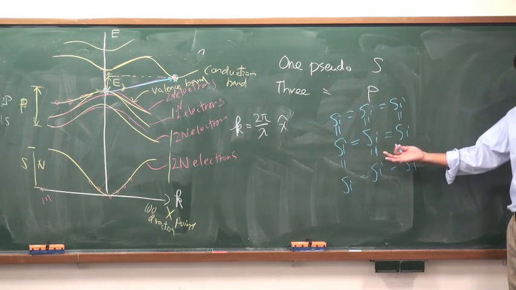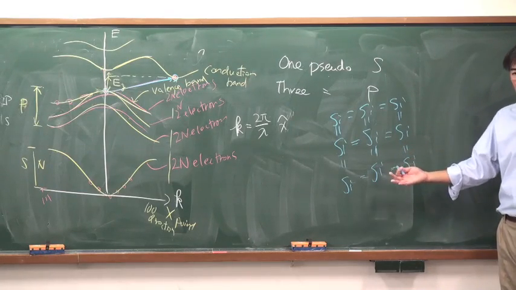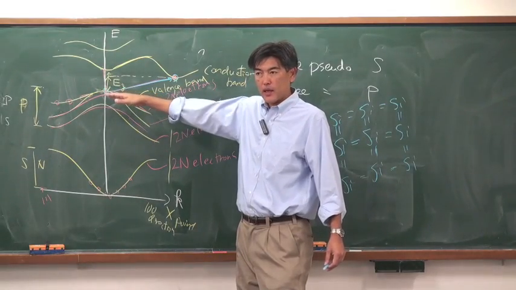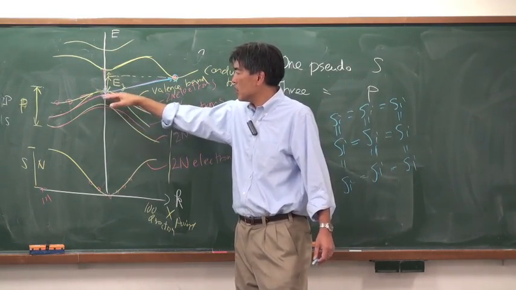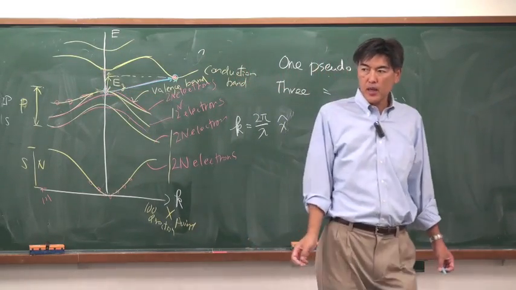You can see all electrons are used up for forming bonds, crystals. And this is the situation I drew here. All 8n electrons are used to fill up the valence band. Okay? Then,